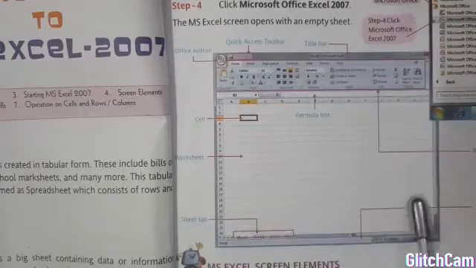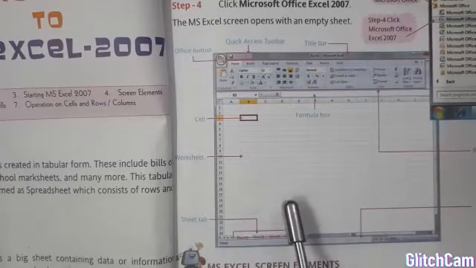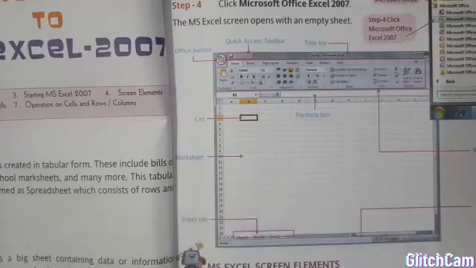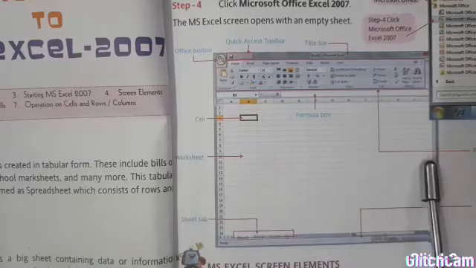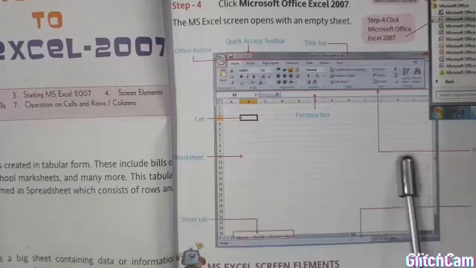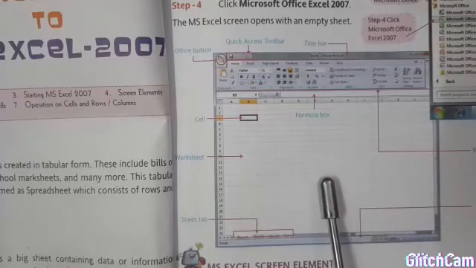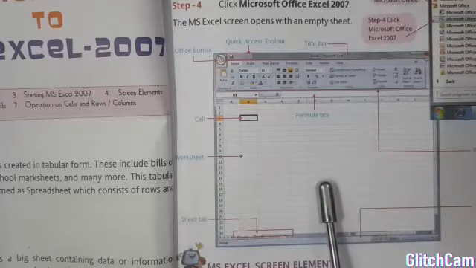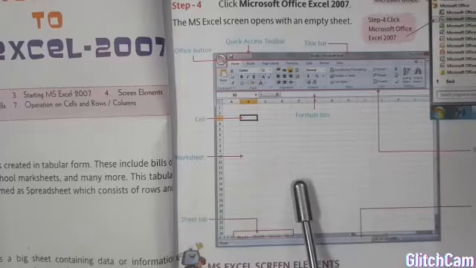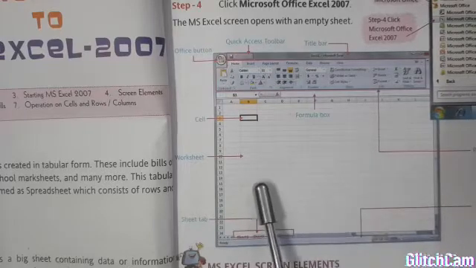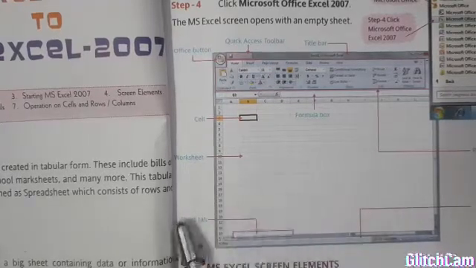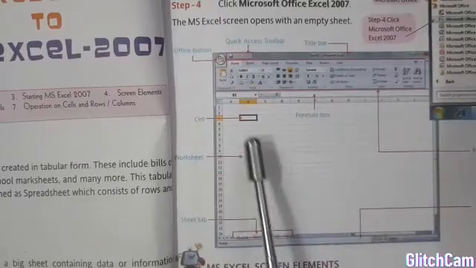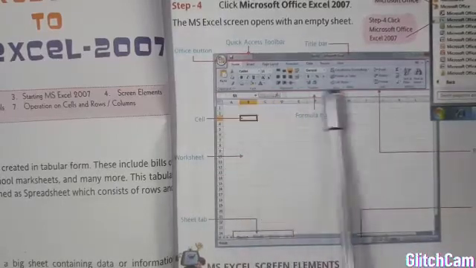This type of worksheet can be created by using specialized software like MS Excel, Lotus 123 and many more, through which we can prepare a worksheet. We can do calculations in this worksheet at very high speed, using different formulas. A lot of work we can do in this type of worksheet. There are so many options to do work.